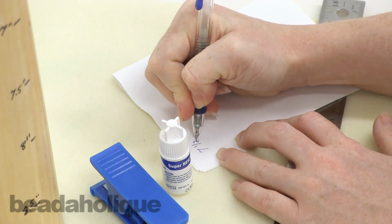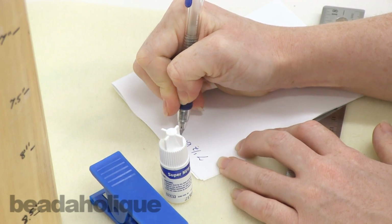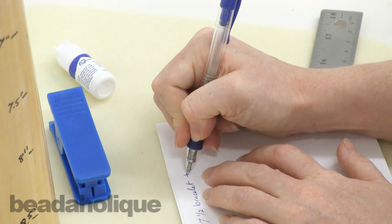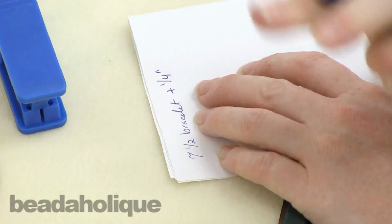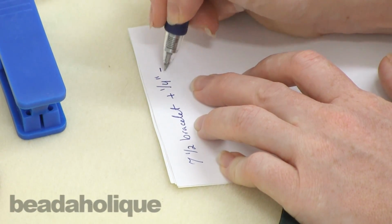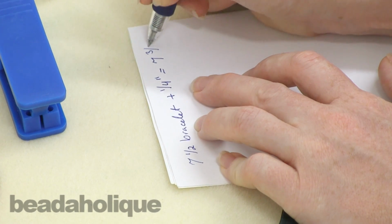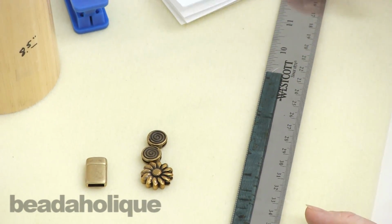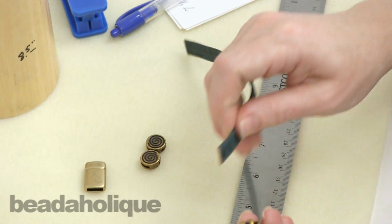So 7.5 inch bracelet. Move this out of the way so you can see it. Plus 1/4 inch just off the start without any beads. So that gives you 7 3/4 inch of the Regaliz flat cord that you're going to need. Now, when we add the beads,